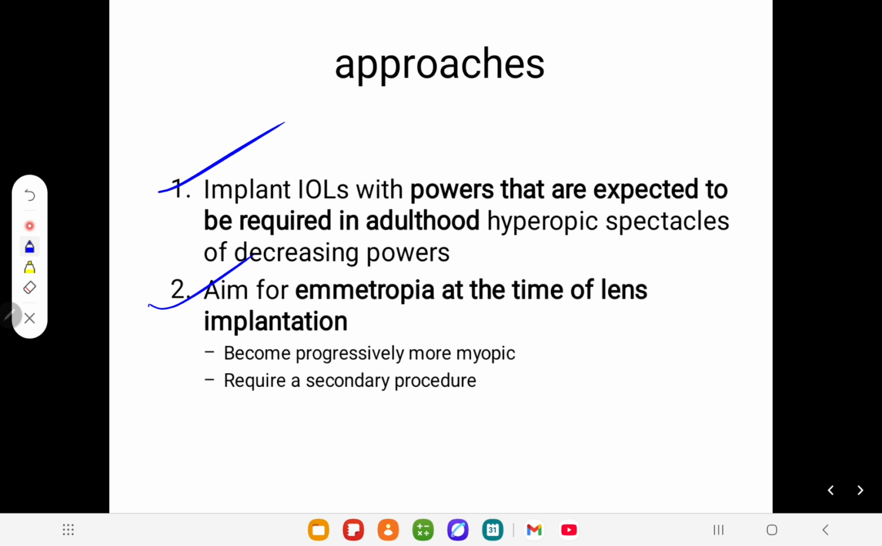So approaches would be of two types. Implant an IOL with a power that is expected to be required in adulthood, with hyperopic spectacle correction, decreasing power. So basically it means if the child grows, then definitely the IOL power should be decreased. That's why we have to implant an IOL power that is expected to be required in adulthood, not what is required at a particular stage like 2 years old or 6 months old, whatever. Or aim for emmetropia at the time of lens implant, which becomes progressively more myopic and requires a secondary IOL. So that's why aiming for exactly emmetropia is not always a good concept,